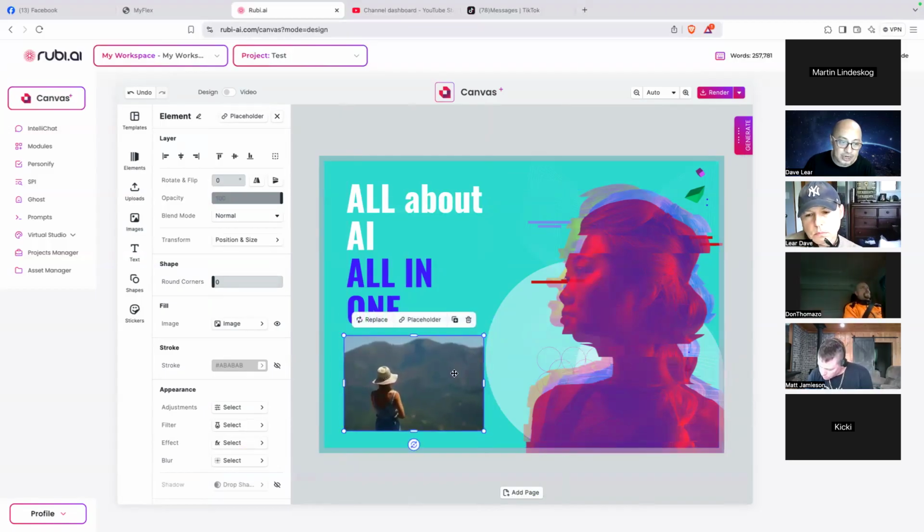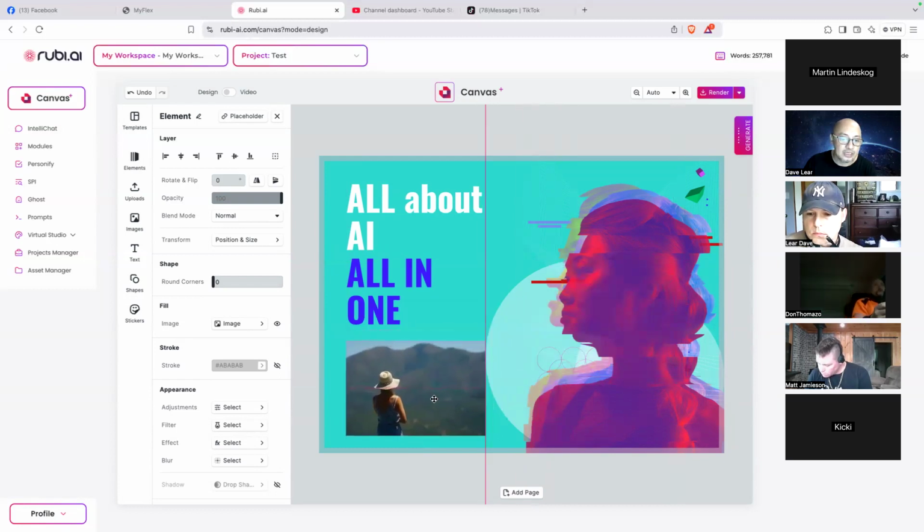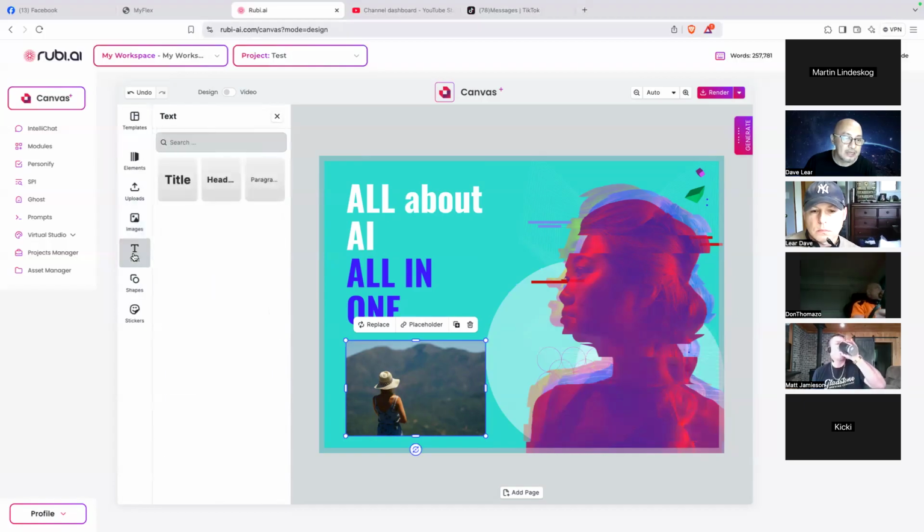Everything is there, you just drag and drop it. Works like, yeah, if you're using Canva, it's almost the same. Okay, so this is their canvas for making posters or images. You can add text if you want. There are shapes, there are stickers. Okay, so this is how you use the canvas.